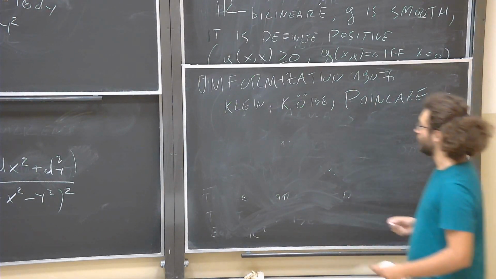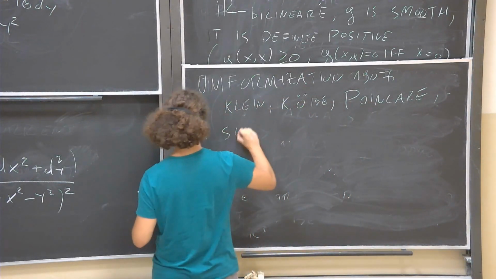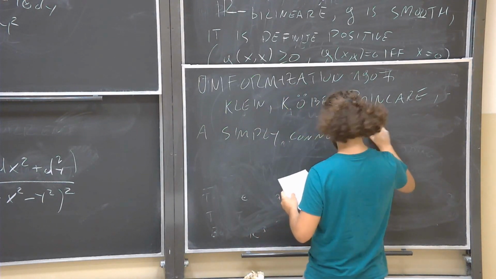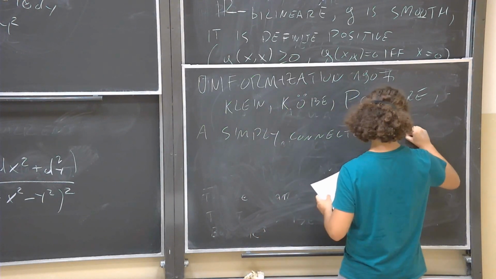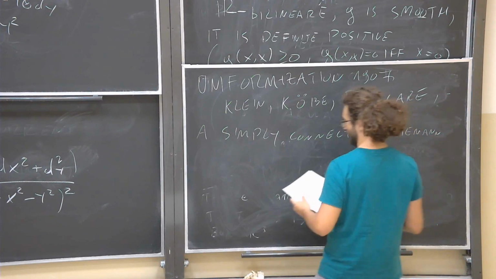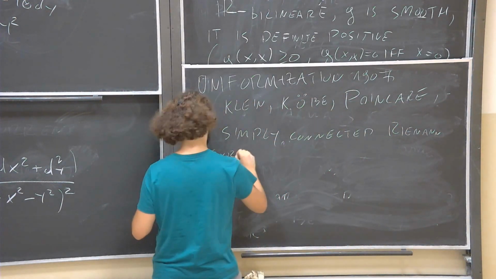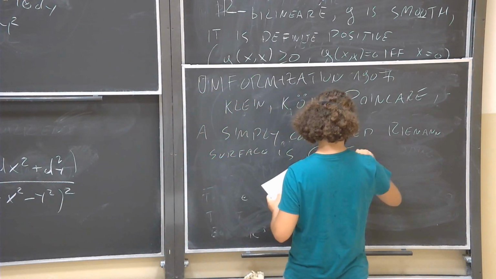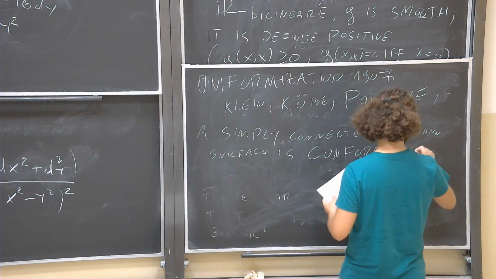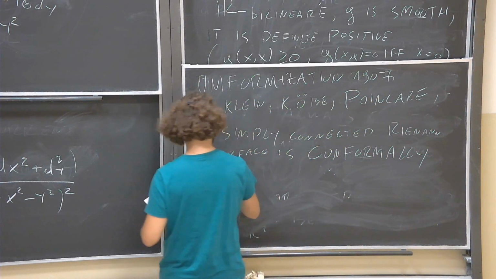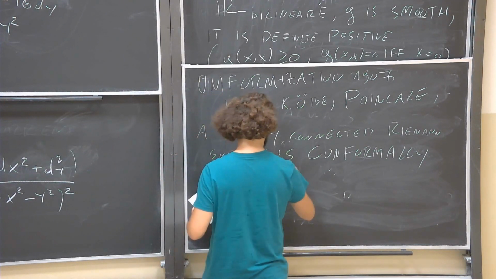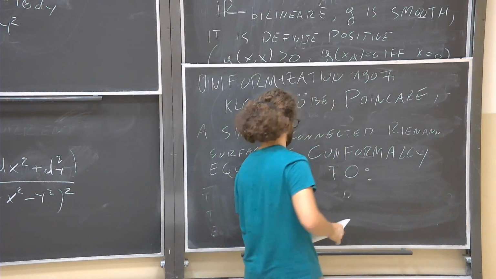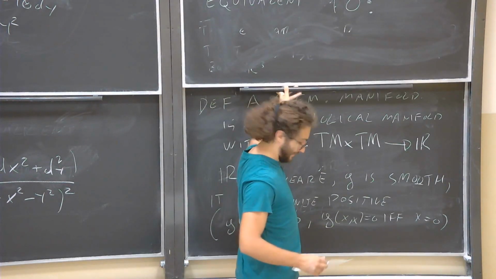It states the following. A simply connected, I will say again what simply connected is for those who don't remember, but it's a pretty simple property, Riemannian surface, which means again, at least two-dimensional, is, and this is very important, conformally equivalent, and maybe some of you will start to see the link to Brownian motion, to one of the spaces I'm going to tell you about right now.